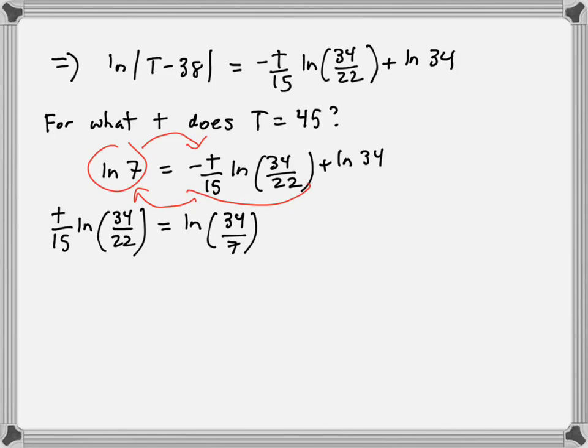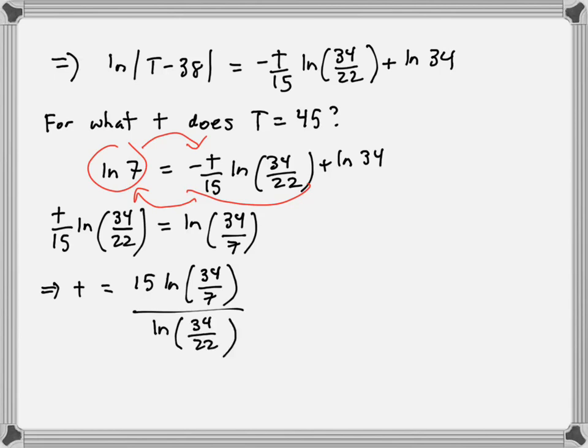Okay, I'm almost done here. What would t equal? I'm going to multiply by the reciprocal of what's next to t. I get the following: 15 ln of 34 sevenths divided by ln of 34 over 22. So this is my exact answer. So this is the number of minutes. But if you put that into a calculator, you will get